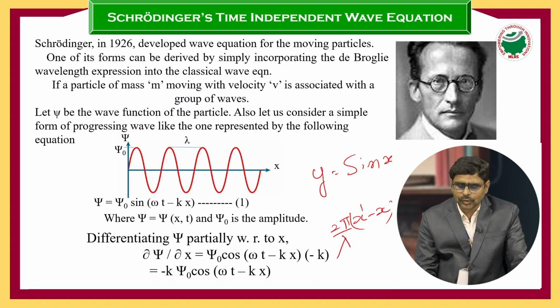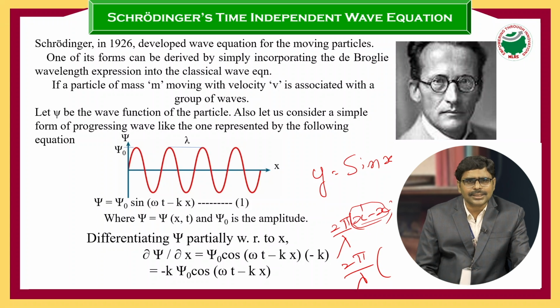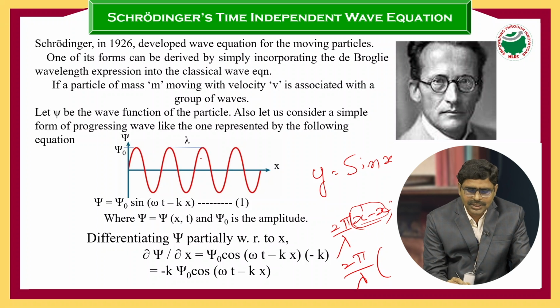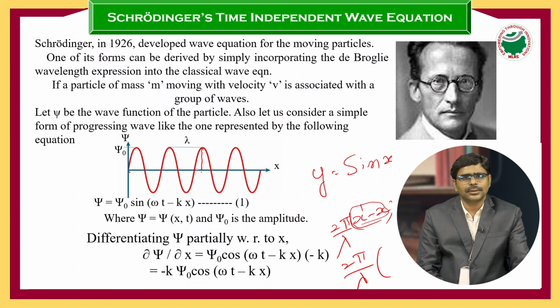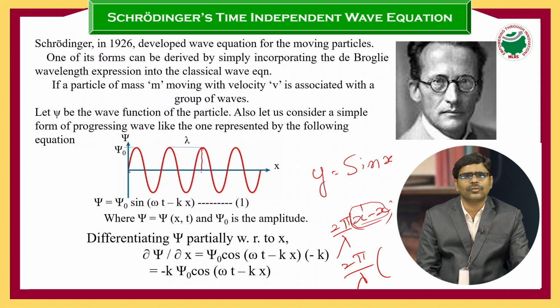Here we represent 2 pi by lambda into (x dash minus x). That is the change of position we are considering. When the particle moves, it has some displacement. This is the generalized distance, and this is the extra distance traveled by the particle, or the distance it vibrates. Here x dash is more than x.